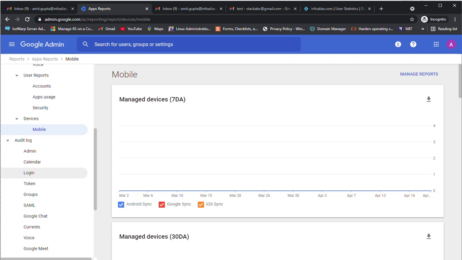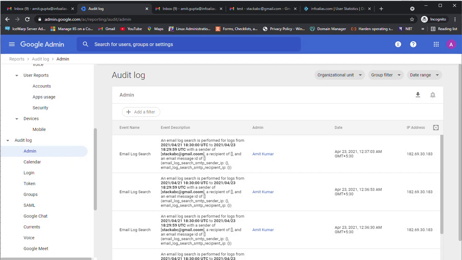Next is the audit log. In the audit log, you can audit the logs regarding the administrator. Suppose there are 5 administrators inside your organizations, and if any one of the administrators has searched the email of any specific accounts, all this information can be audited through the audit log of admin.